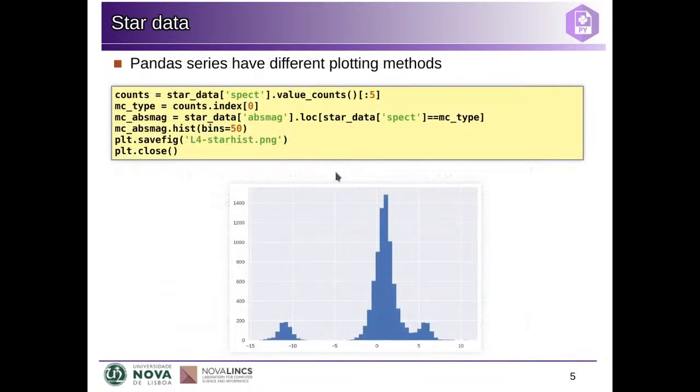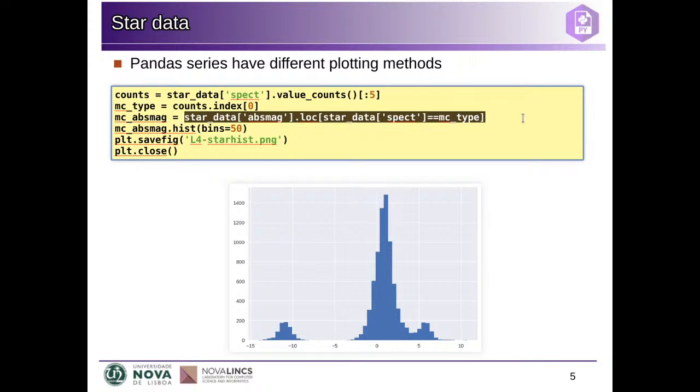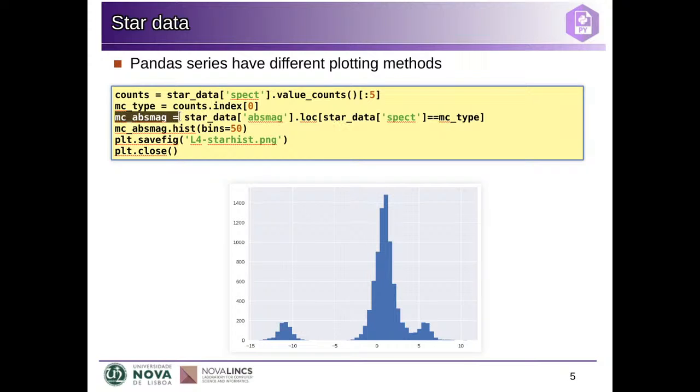I'm comparing all the spectral types with K0. So this is a series of true and false. And I want from this column only those entries that correspond to a true in this condition. So this will give me a series that has only the absolute magnitudes of the stars of the K0 spectral type. So now I can, from this series, ask for the histogram with this number of bins, and then I